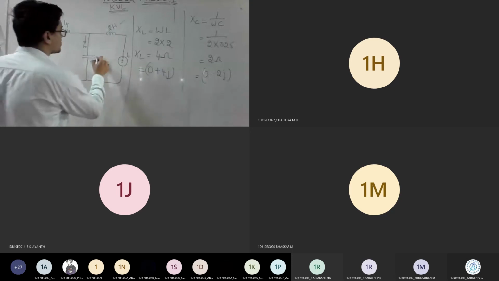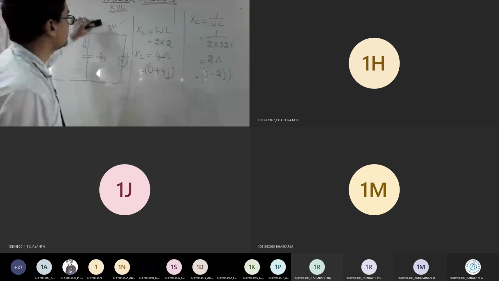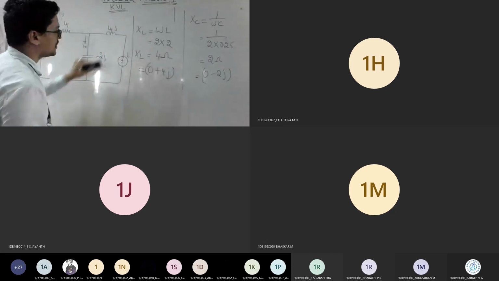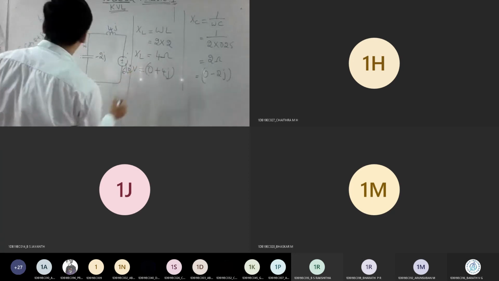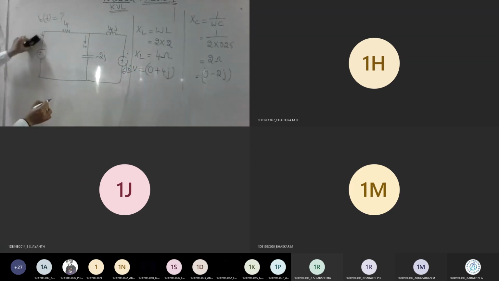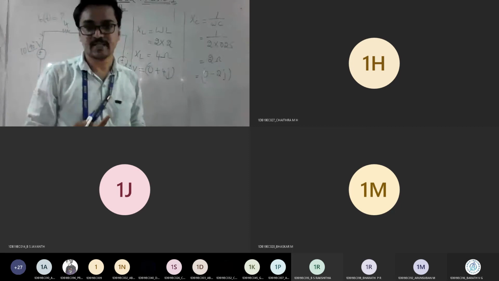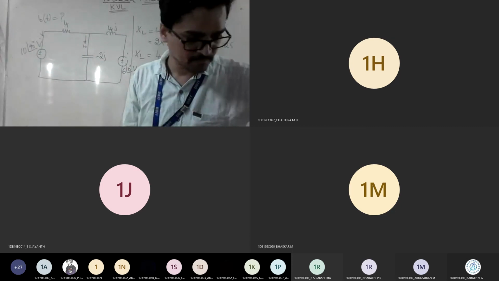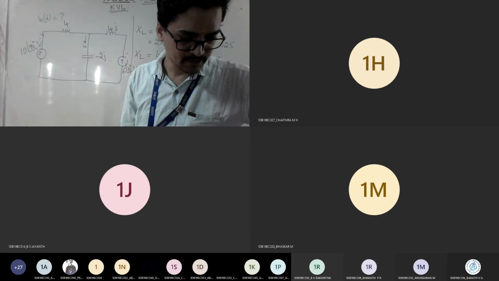So now this I can write as minus 2J. 0 minus 2J means 2J only. Cut and draw. Similarly, this becomes 4J. And what was the value you got here? I think it is 6 at an angle 0 degree. And here it was 10 at an angle 90 degree. So now I have made this circuit so that we can analyze it with mesh analysis. Yes or no, everyone?